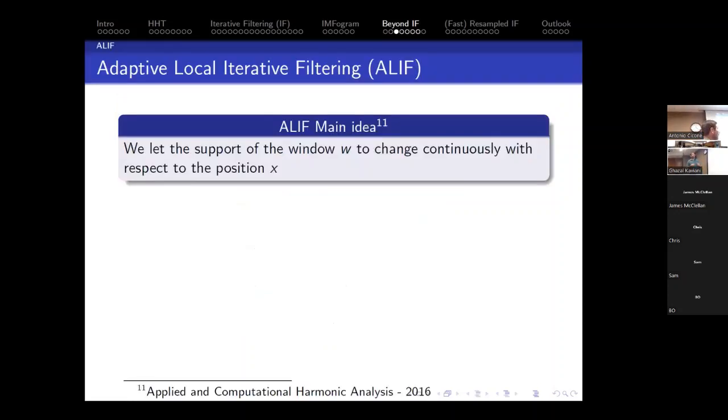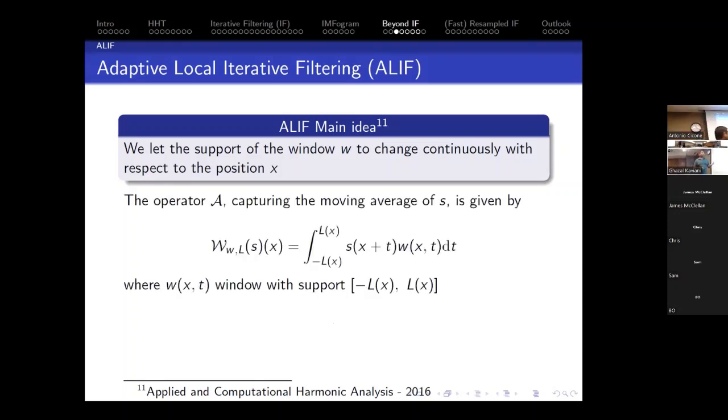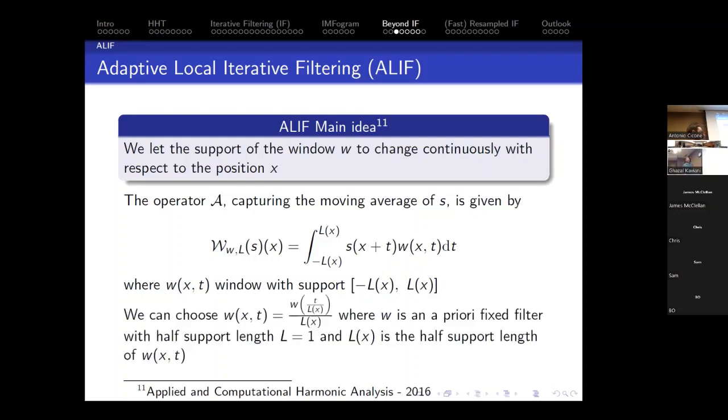So the idea we had when I was here as a postdoc was to develop an alternative version of iterative filtering, which we call ALIF, adaptive local iterative filtering. But the true reason is that it took ALIF to prove that it was working. What we were doing is simply, instead of doing a convolution, we allow the interval of integration to vary from one point to the next. The formulation is really simple. It's really the same formula as before. You just allow the filter, the weighting function, to adapt its size point by point. It's really simple. Mathematically, guys, it's a nightmare.